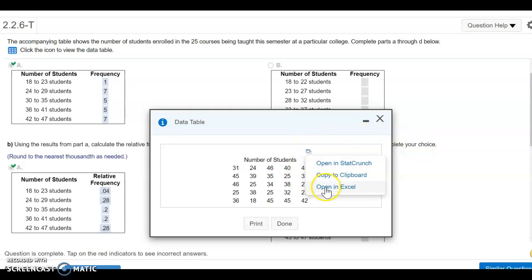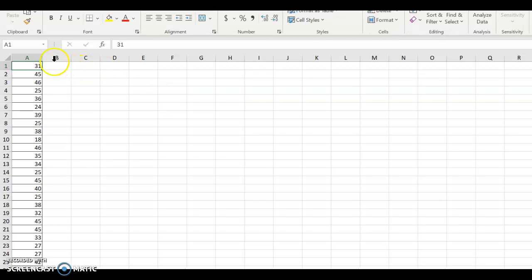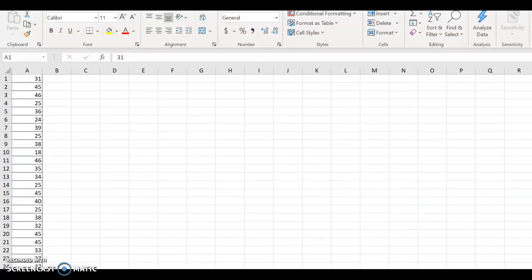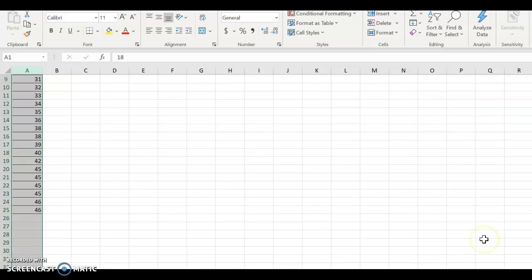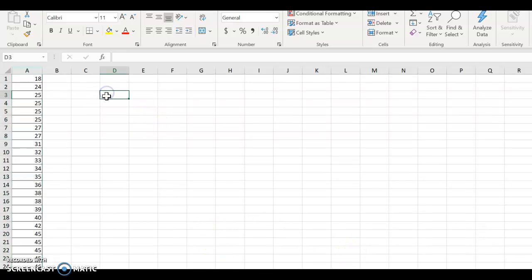Okay, we're going to open it in Excel. And I'm going to sort, move this up a little bit. Okay, so my largest value is 46 and my smallest value is 18. So my range